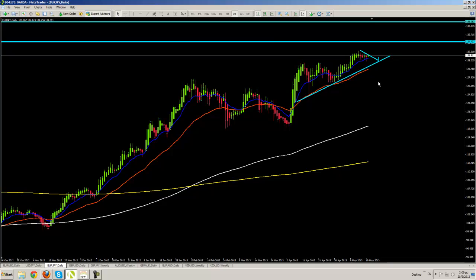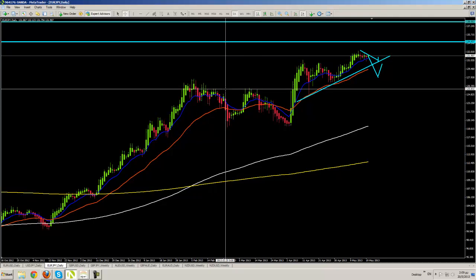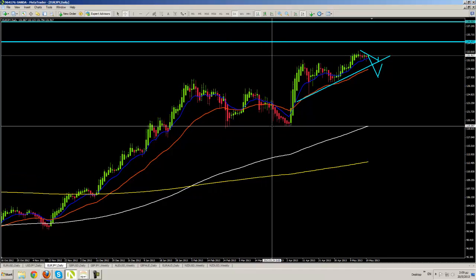If that area breaks, if support breaks, you would look for short setups under here, and then of course we would target previous lows and extension, the lows down here in